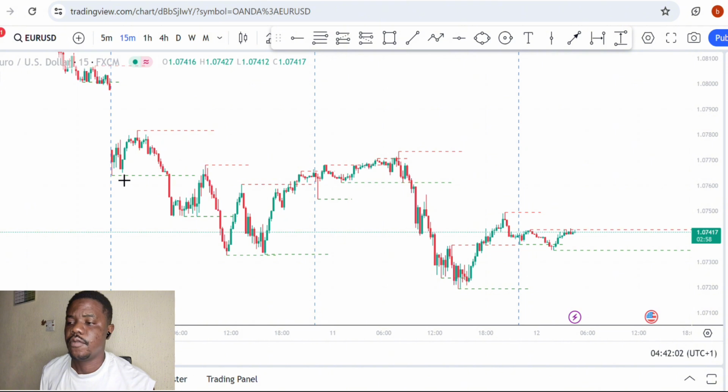So guys, this is 4:42 a.m. in the morning and I'm up and ready to mark my charts because I love to come and show up in the market early before activities begin. So what I want to do is mark my chart and prepare myself and plan myself for the